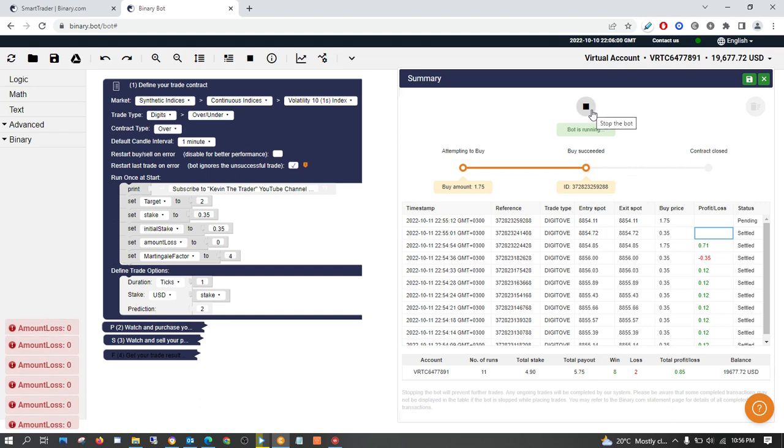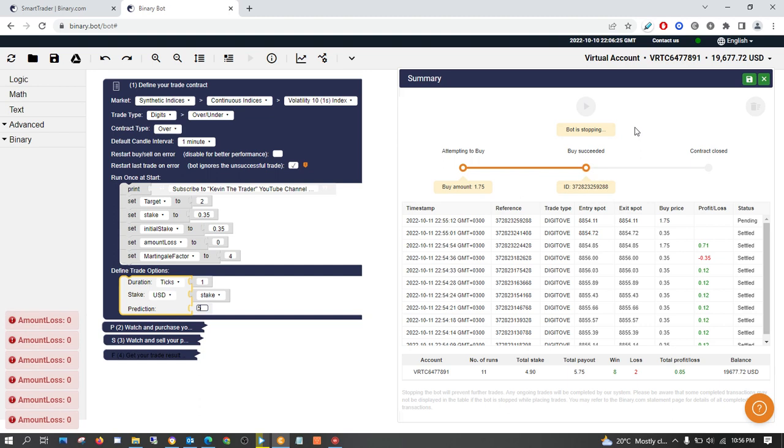Now if you want to be more profitable, let's say you have a large account but you're using 0.35 as your stake, then this is how you can do it. I'm just going to stop this and clear, and now do a prediction of over 5, and you'll see what is happening.